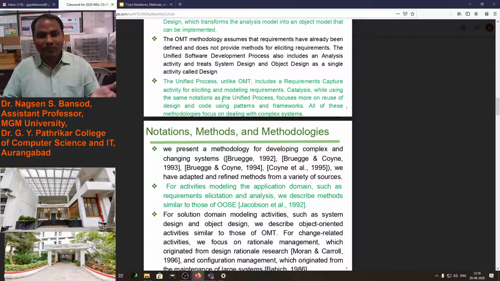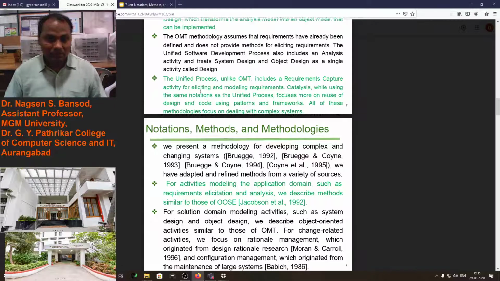We have to use different types of methodologies to design objects, because the objects' work may be different. For one activity we require one type of method, and for other activities we require other types of techniques or methods. So we can say they require a methodology.